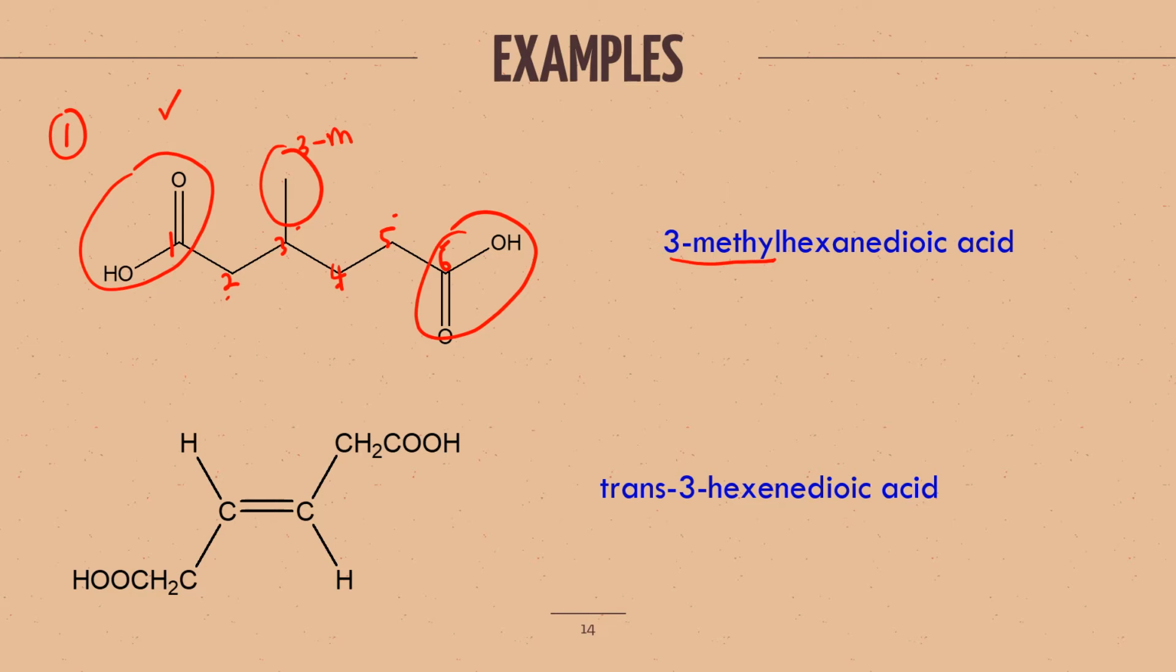And for the parent name pula, since kita ada 6 carbon atoms, the name will be hexane. Okay, 2 carboxylic acid, dioic acid. So hexane dioic acid merujuk kepada hexane, 6 carbon of parent yang mempunyai 2 carboxylic acid di kedua-dua hujung of the molecule. Alright, dalam struktur yang kedua,